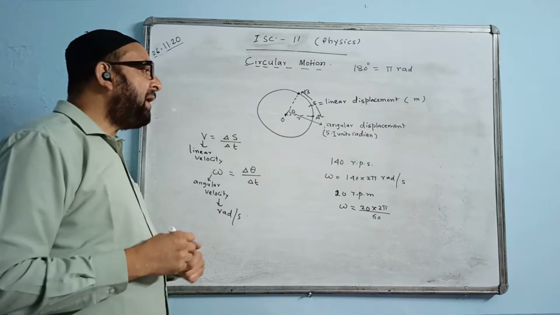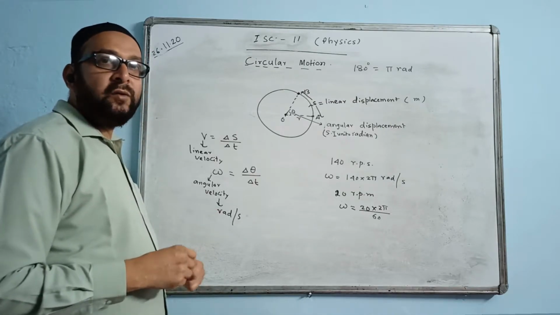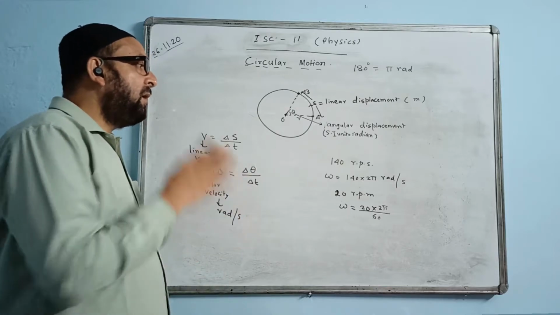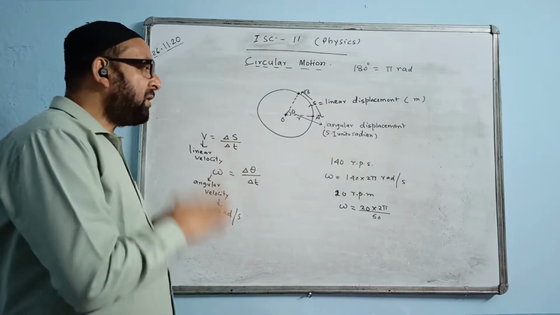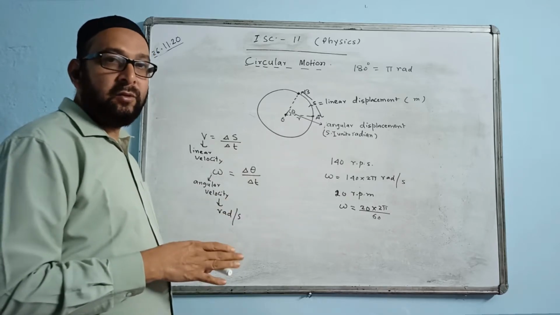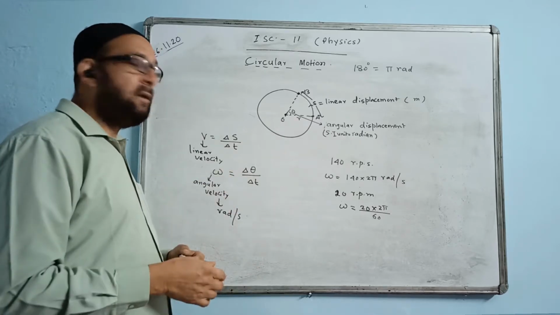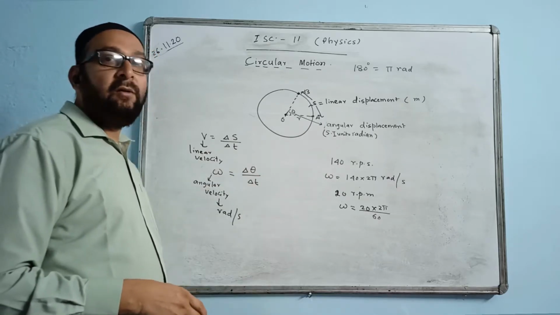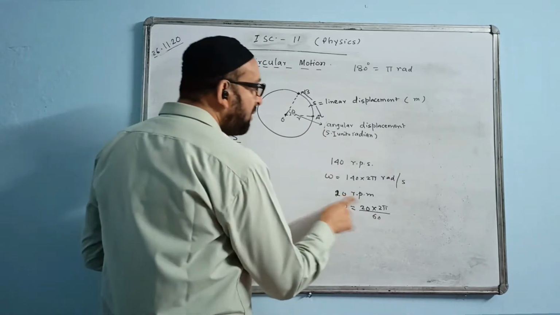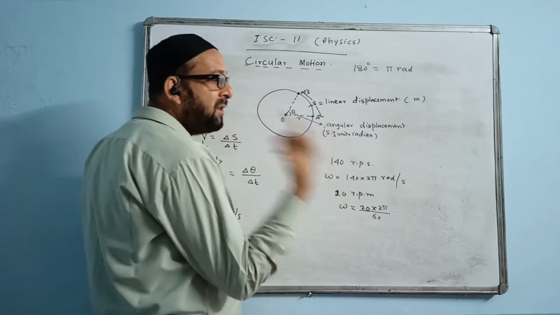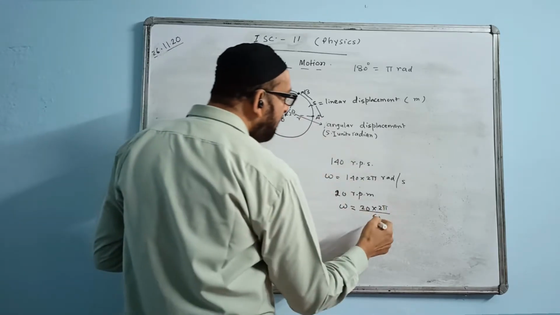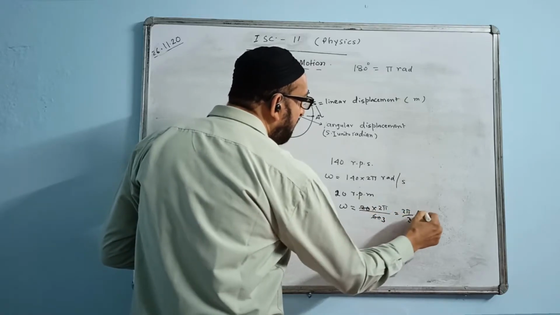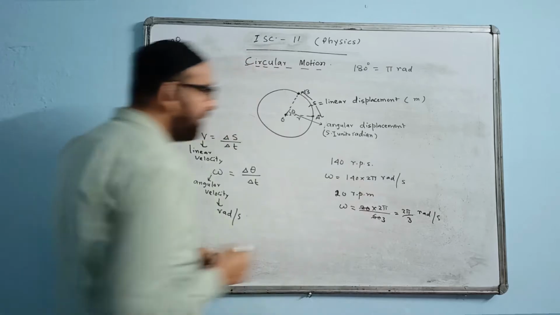If it is already given in radians, it is well and good. We do not need to change it to radian per second. But if it is given in RPS, meaning revolutions per second or rotations per second, or RPM, meaning rotations per minute or revolutions per minute, there we have to immediately change into radian per second. Then we will get the value of omega. One revolution will have 2 pi radian, which means 2 pi is 360 degree. Now we will cancel it all and find the answer like this. The answer we get is 2 pi by 3 radian per second. This is how we change.